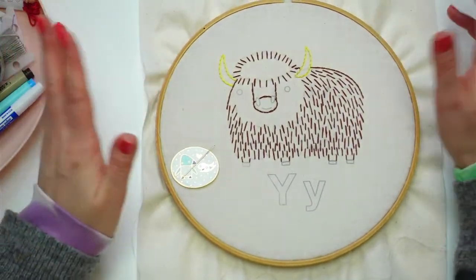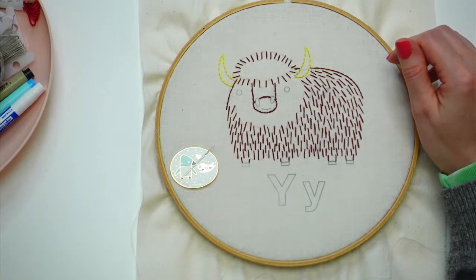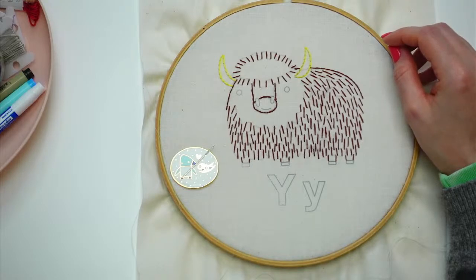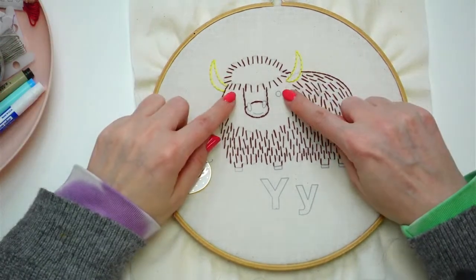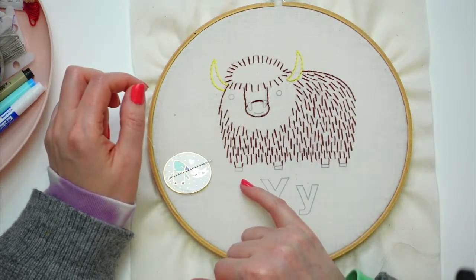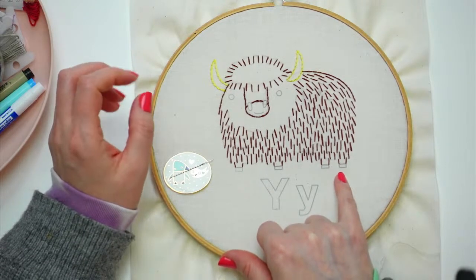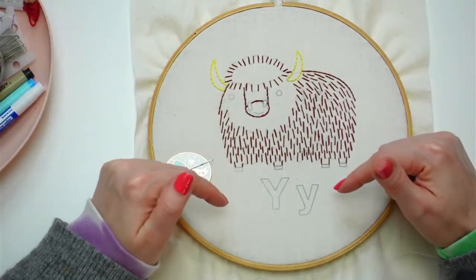All right. Oh, we're already at 9. Yeah, I think that's what it is, Noeline. We're already at 9:23, you guys. Let's at least thread up. So okay, all we have left is the eyes, the nose, which is satin stitch. We have the mouth, and all these little feetsies are satin stitched. So we should be able to finish all those little parts pretty quickly and still start the